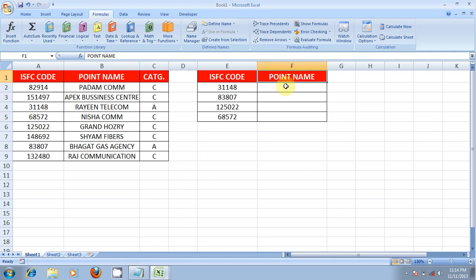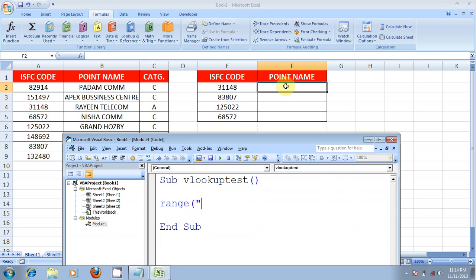So in this column we select the range F1 colon F5. This is a hard coded range. You can make it dynamic by counting the rows. In this case I am just hard coding it from F1 to F5, and to go ahead, write here Application